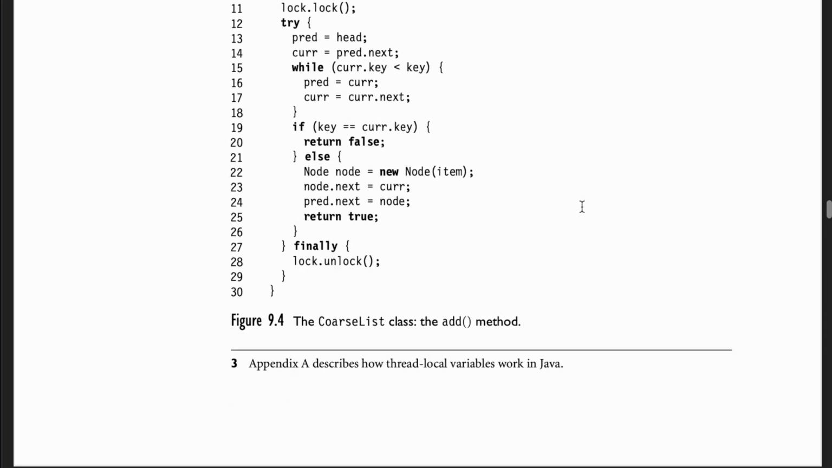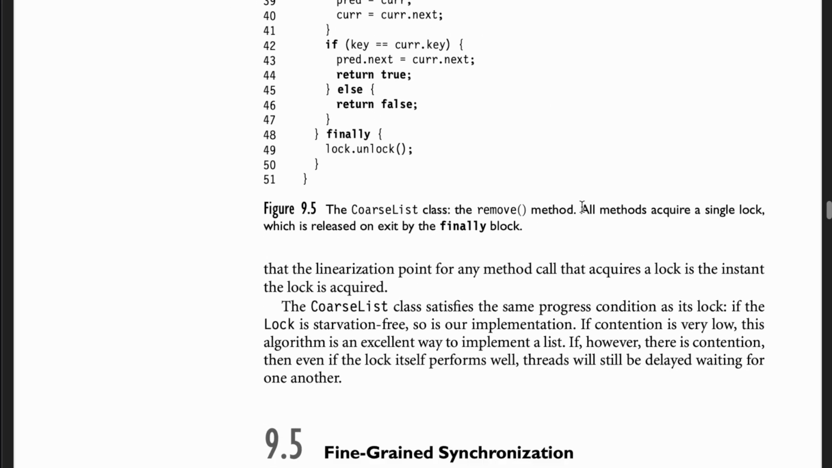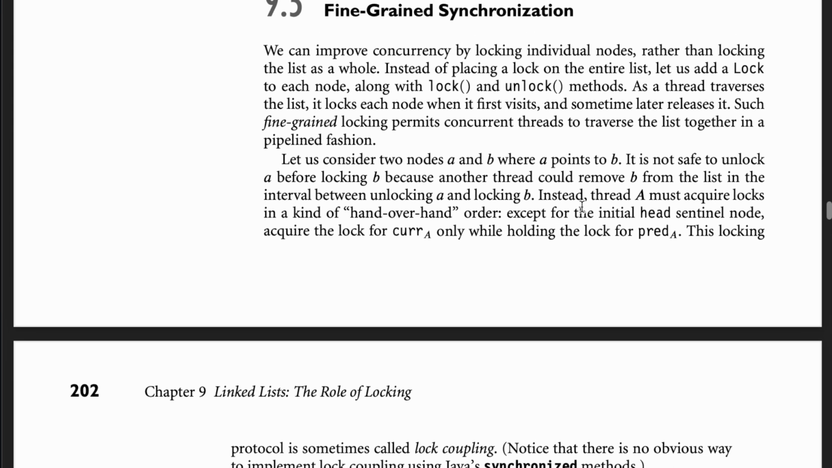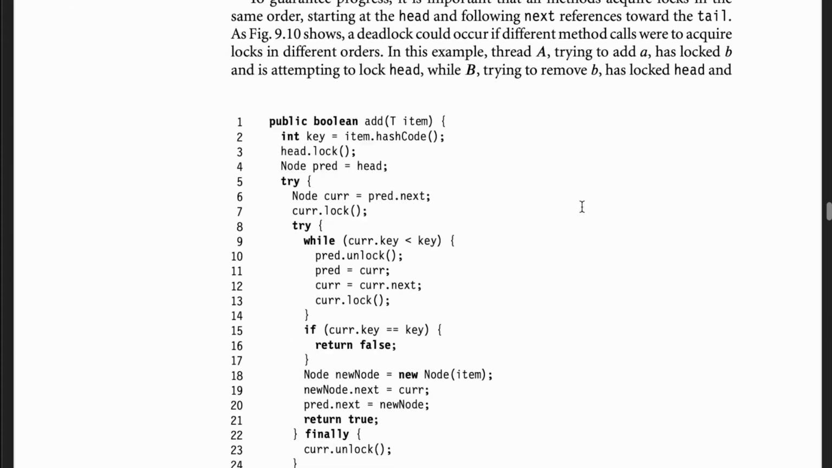So we have a few solutions to this, and one of them is fine-grained synchronization. Fine-grained synchronization suggests that we shouldn't be locking the whole list. Rather, a thread should be locking only the entries that it is looking at locally at a given point in time. For example, if we look at